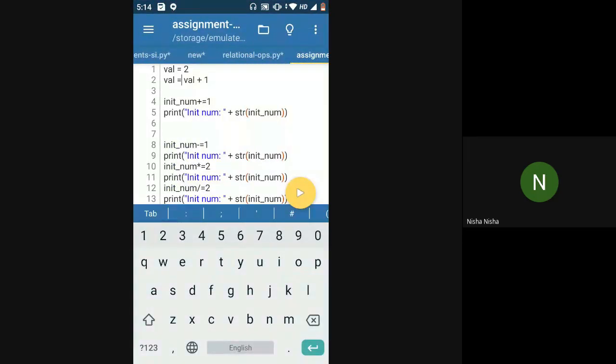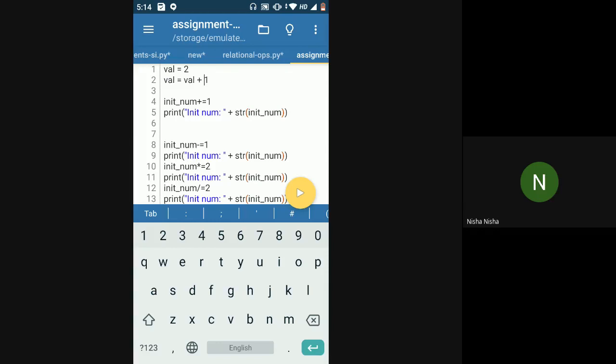Okay, so as we were seeing, this val is equal to 2 is my initial variable. Now I want to add 1 to whatever is present inside val. Think of val as a box. Every variable that you declare in your code is a box. The box has a name and there is a value present inside the box.